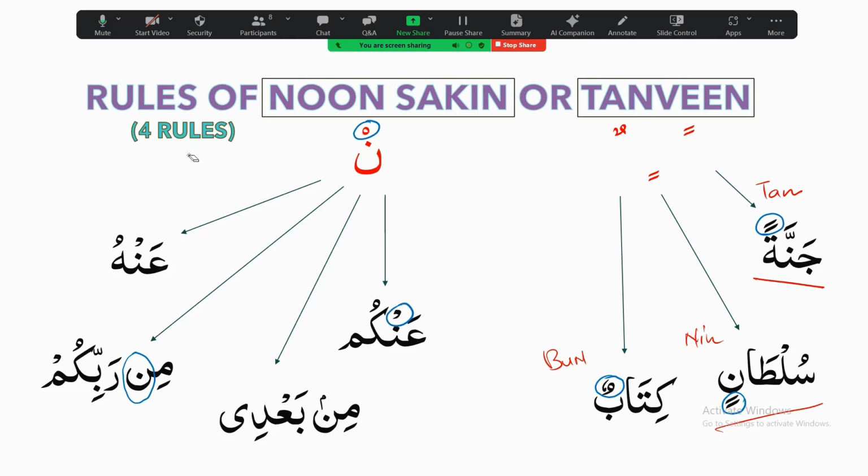But these rules are that sometimes when noon sakin and tanween come, we hide their sound. Sometimes we show their sound. Sometimes we even change the sound into a nasal sound. So there are certain things that we do with the sound of these two when articulating them in Quran. And also I can mention that sometimes when you hear the recitation of the Quran,